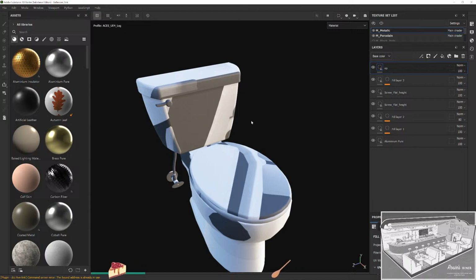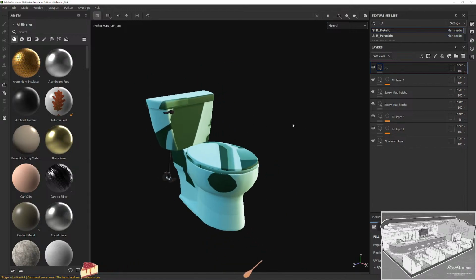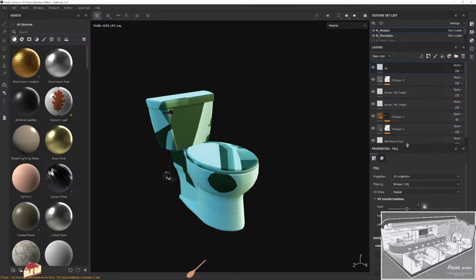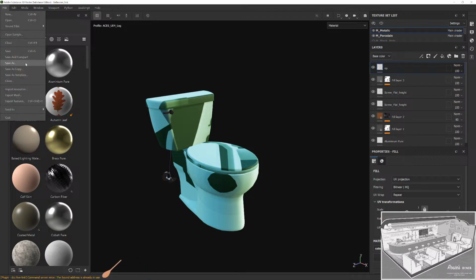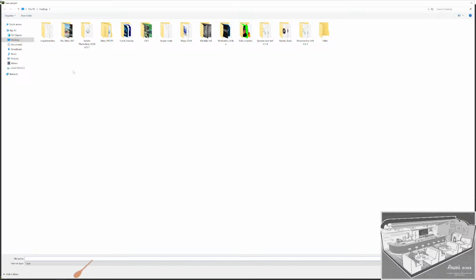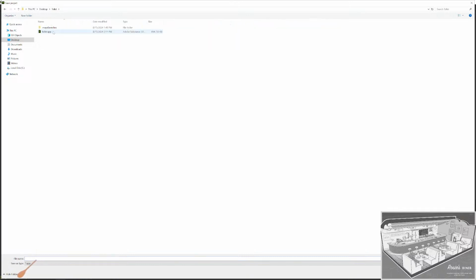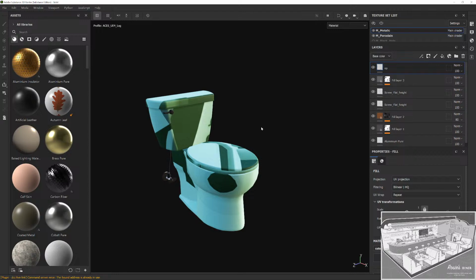So let's go play. Nice. So hopefully I just need to rebake this. Yeah, this is actually the correct way to do it. I messed up a little bit. Now just very carefully you need to go and save as, and don't save it on top of your sync. Just save it on top of the new Painter file you want to, which is toilet. Great. Now we just want to bake this properly,